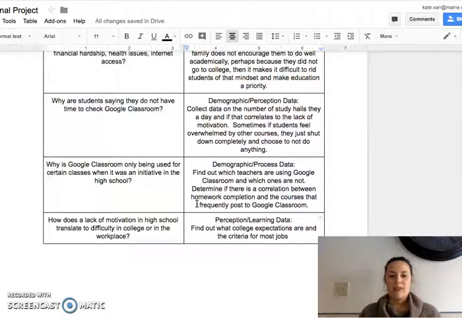And then, how does the lack of motivation in high school translate to difficulty in college or in the workplace? Obviously most jobs and